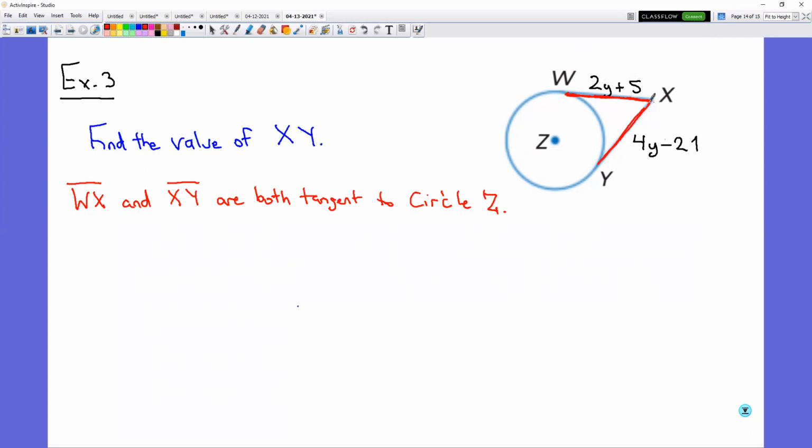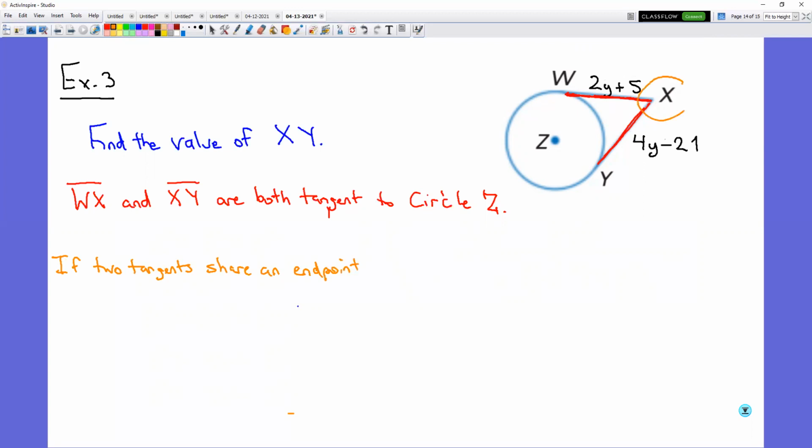In fact, both of them have the same endpoint. So here is a rule that you need to know. If two tangents share an endpoint, and that's what's happening here,